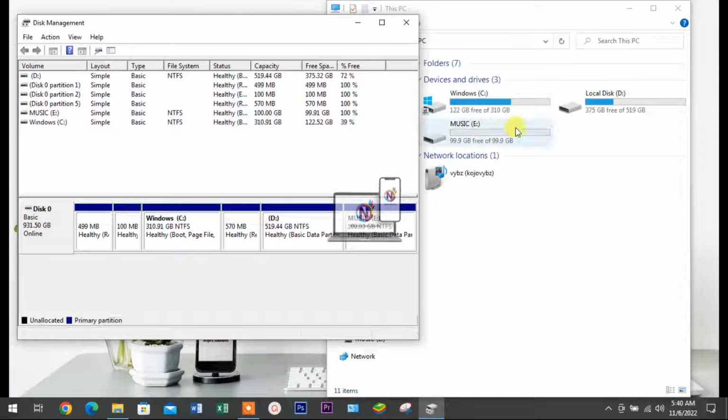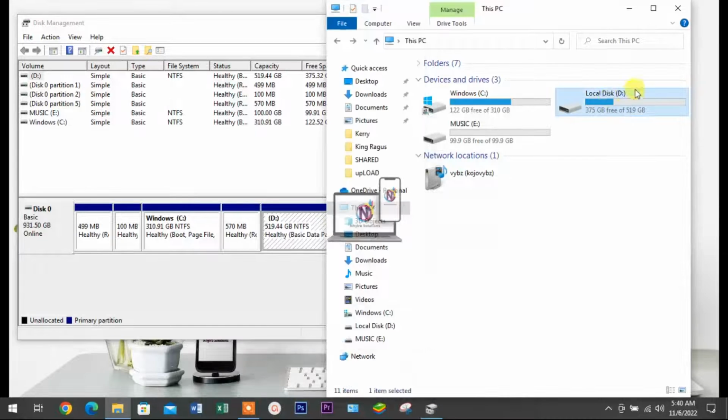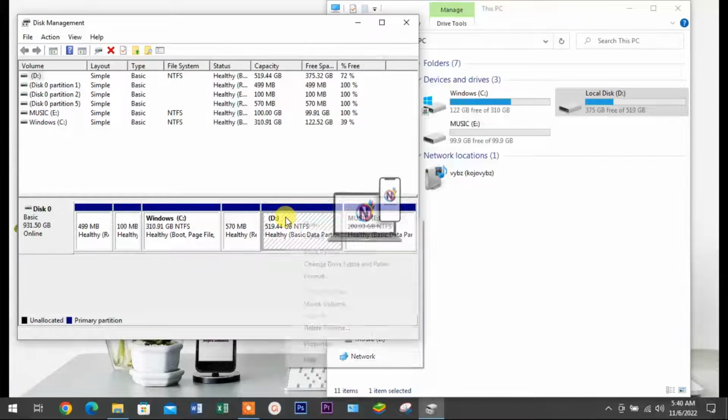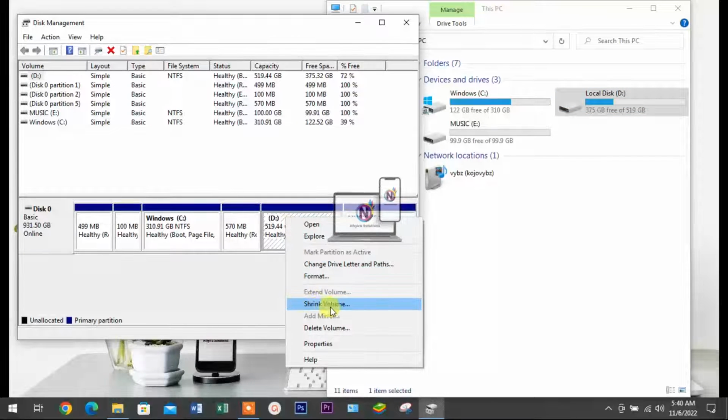So over here, after you've opened your disk management, you locate the drive D, which is this one. This is the disk that you want to take the volume out of. So you locate it here, you right click on it, and you go to shrink volume. You see, I told you that the normal term for dividing a hard disk is called shrink. So that's what we have here. So you click on shrink